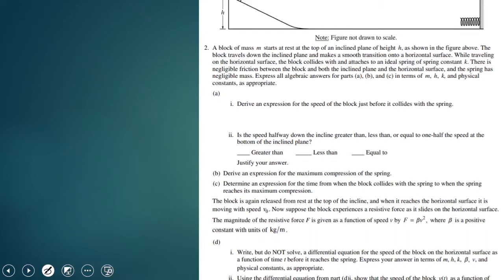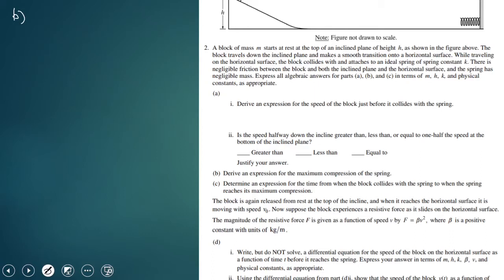Okay, now we're on part B, which says derive an expression for the maximum compression of the spring. So this is where, the thing I was talking about earlier, springs have elastic potential energy. So it's important to separate between gravitational potential energy and elastic potential energy. So what I'll do is, now we can consider solely the block on this horizontal surface. So we can forget about the inclined plane for now. The potential energy,